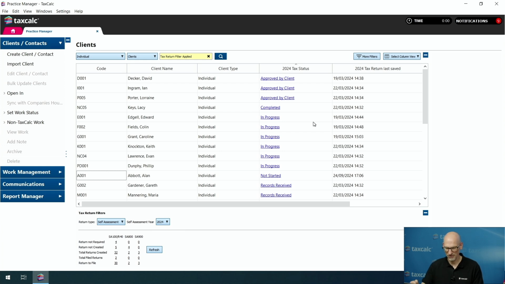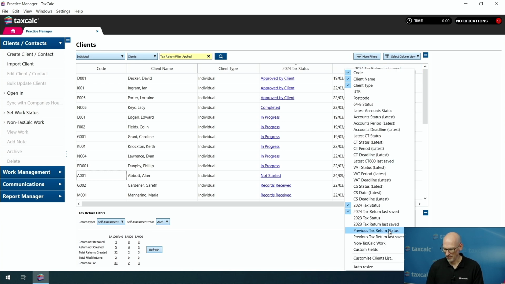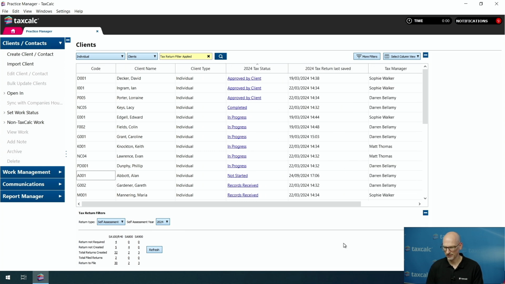But again, I can't see that from here. I can't see currently who's responsible for these clients. But if I right click again, now what I've done within custom fields is create different user roles. So I've got things like tax manager, VAT manager, onboarding manager, accounts manager. So if I just add in a tax manager column there, now I can see, as well as the status, when the tax return was last worked on, I can now see who of my team is responsible for this client. So I can do a bit of chasing to find out why all these jobs are in progress but